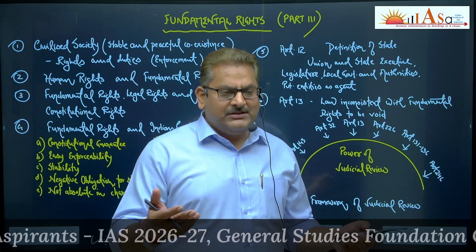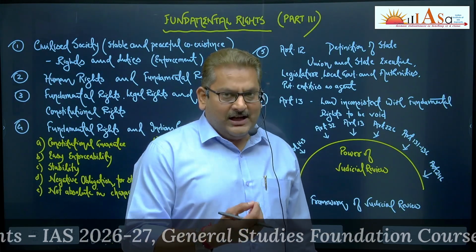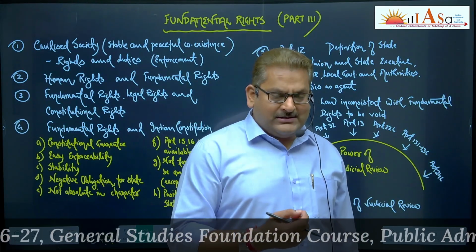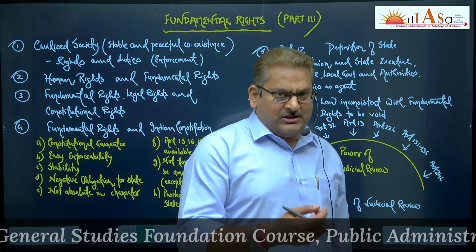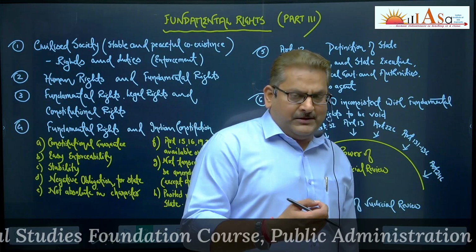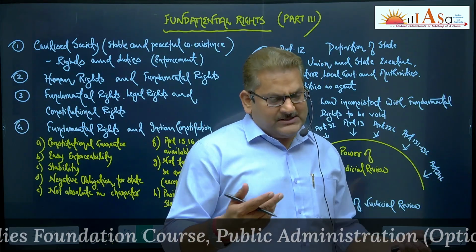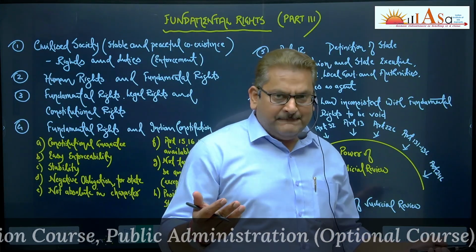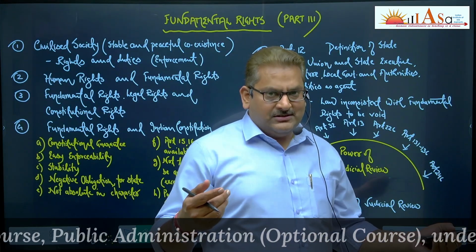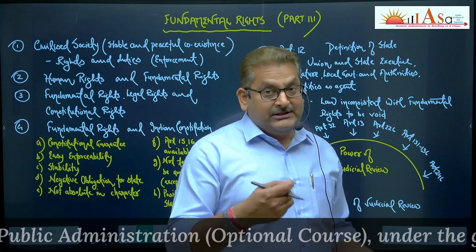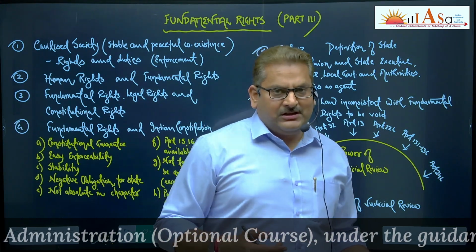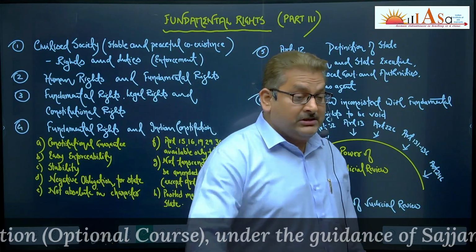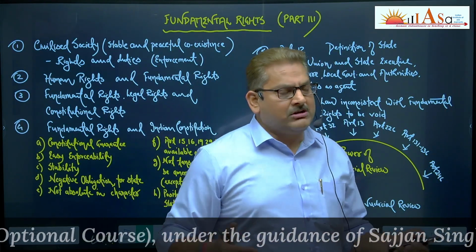You will recognize that every human being has a right to be treated with fairness. Every human being has a right to be provided with food, shelter, and clothing. Every human being has a right to be given a space for the expression of his will, his opinion, his line of thinking, a right against exploitation, a right to profess or practice any religion, a right to seek remedy, and many things. So there is a right to be treated equally, the right not to be subjected to any kind of discrimination, many things are there.